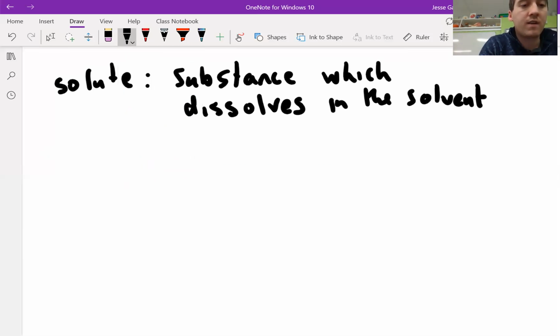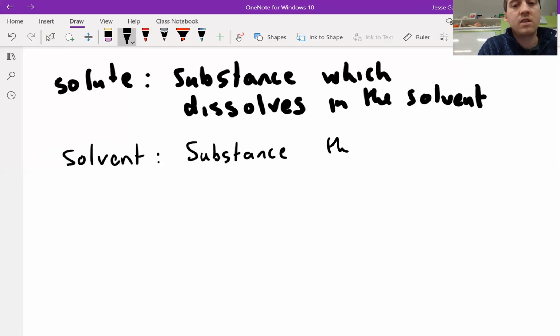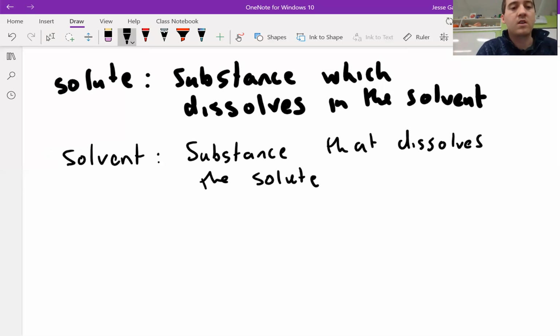Okay, what is the solvent then? Just going to reduce the size of the pen here, that's a bit too thick for me. Okay, so solvent. On 3, 1, 3. Describe what the solvent is. Okay, it's the substance that dissolves the solute. Now, the solvent is usually a liquid. The solute is usually a solid,